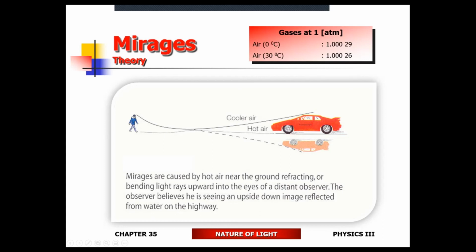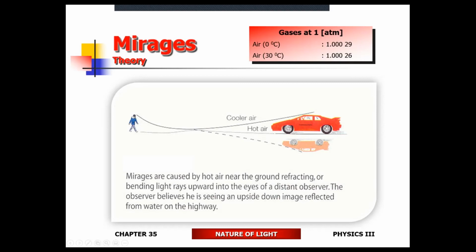So you've got the cooler air, and hot air closer to the surface, which means it's going to be less dense. So you're looking at the surface from a cooler environment, from a dense environment into a less dense environment. Which means that if you're looking at things from an angle larger than the critical angle, you end up getting an internal reflection as a result.